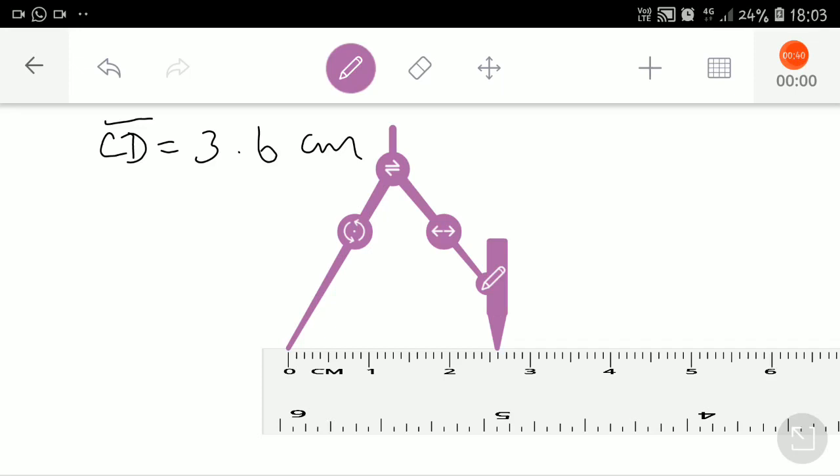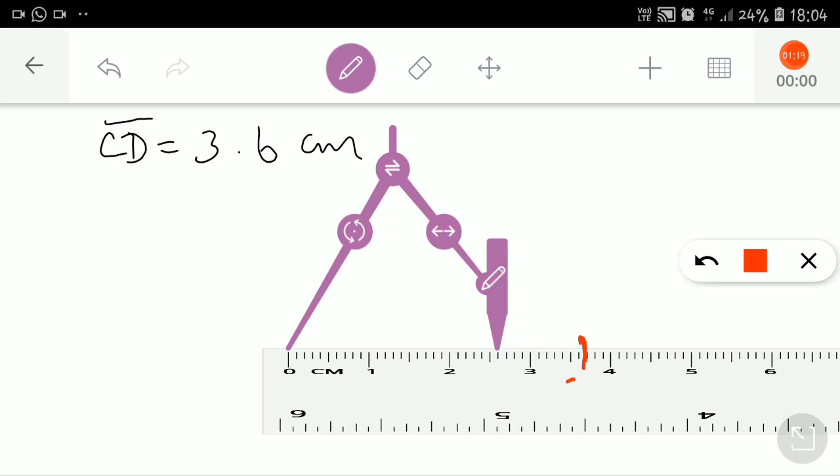So where is 3.6? It is first 0. First I'll tell you where is the measurement now. Okay? Here 0 and 1 is there and small lines are here, right? So this line should be counted as 0.1, 0.2, 0.3 and the center line will be 0.5. This line will be 0.5. So 0, 0.5, 1 and 1.5, 2, 2.5, 3. We need 3.6. So here is 3.5 and the next point is the 3.6 line.